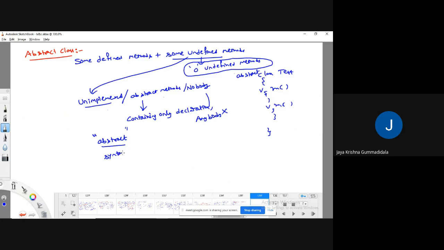You know how to declare a method: the method name, which accepts some parameters, with or without parameters, there is no problem, and it returns something, the return type, and then you make it abstract. This is the syntax of an abstract method. So when a method is not containing any implementation, we go for abstract methods.